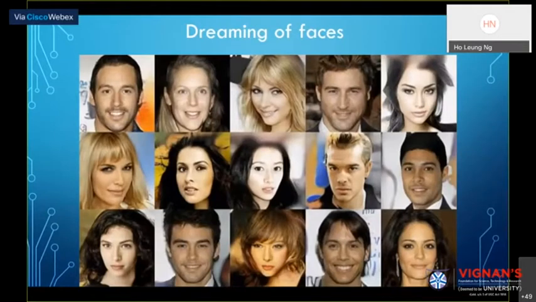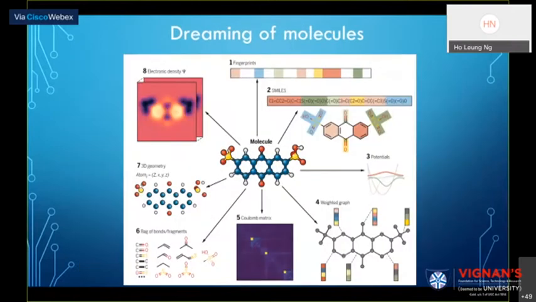The most current algorithms can come up with human faces that, at least to me, look completely real, which is quite scary. Now, we take this same approach, and instead of thinking about faces, we ask the computer to think about molecules. We give a computer a set of training molecules, and we can say, hey, these molecules,